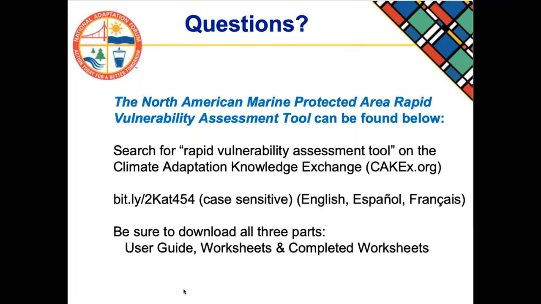And that's going to be going live in the next month or so. It has a context of resources that expand on and support developing adaptation strategies. So once you have identified your vulnerabilities through the rapid vulnerability assessment tools, what are some of the ways to approach those vulnerabilities and make the context around them more resilient and reduce those vulnerabilities? That's what this tool is going to be, a strong resource to support.